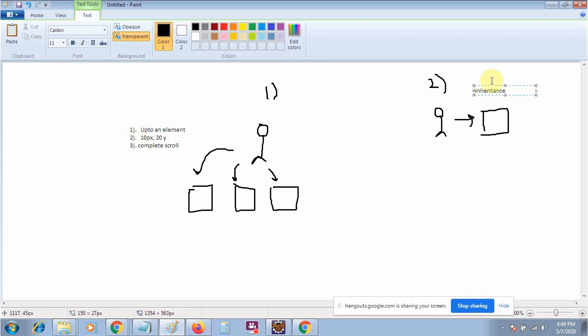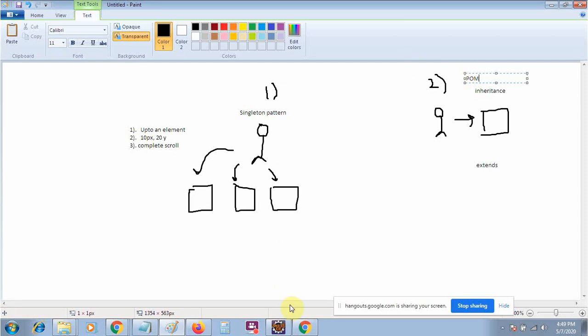So what do you mean by inheritance? It means you are making a parent class and you are doing the extend operation. There are two options. You can extend from the parent class to the second class and pass your driver reference from one class to another. Or you can create a single driver and pass it to each class. This concept is known as the singleton pattern, and the other concept is known as POM, page object model. Both are useful, both are required. I will tell you both things, so in the next session we will work on all these.